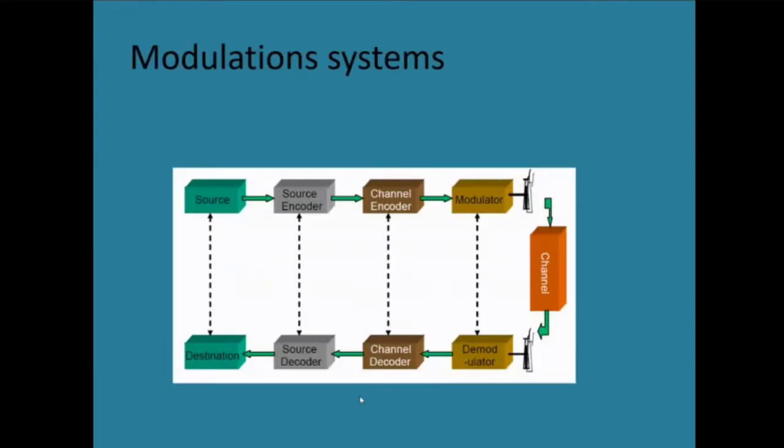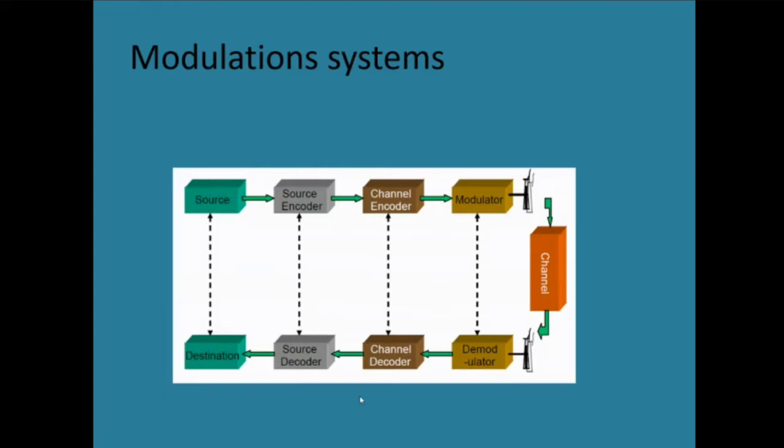Generally, this is our modulation system concept. We want to transmit data from a source. First, we encode the source message bits in a source encoder, where the redundant bits are reduced. After that, the output of the source encoder is given to a channel encoder, where error control coding is carried out. Here, our ultimate aim is to identify whether there is any error present in the system. And in the modulator, since this is digital communication, we use a digital modulation technique, and using any one of the modulation techniques, we transmit the data.